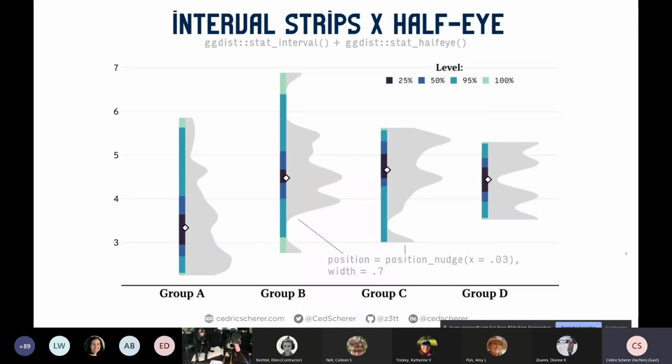And again, here I'm working with the position nudge. Here it's spelled correctly. So I have to move it a bit to the side so they don't overlap. And it's a bit of fine tuning, but should be easily doable. And yeah, for the diamond, you need a bit more code, but you could also go with a point if you don't like it. Just wanted to illustrate it. You, of course, also can change all these shapes within the extension packages as well.